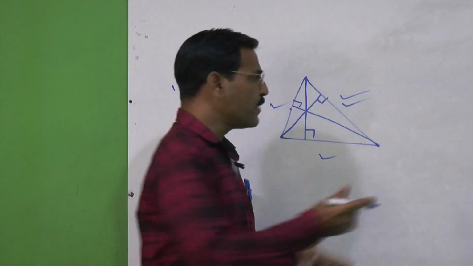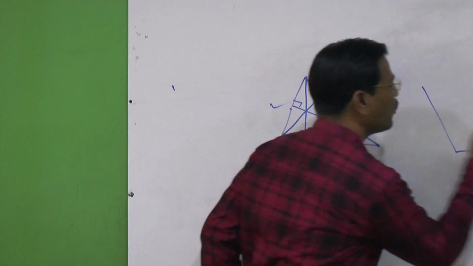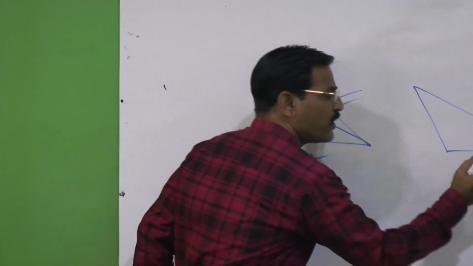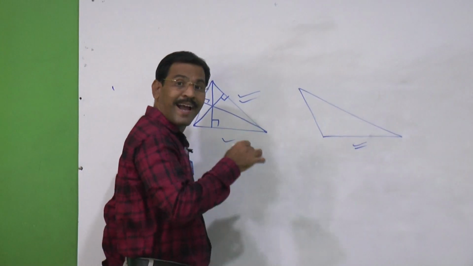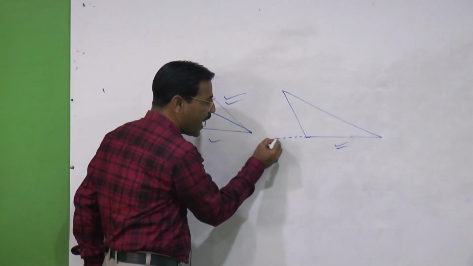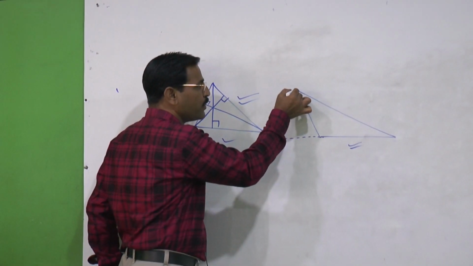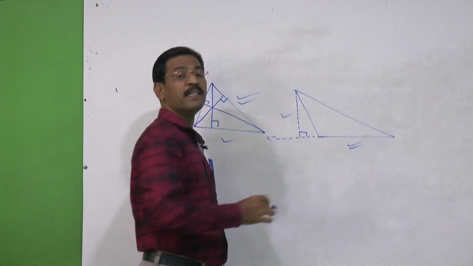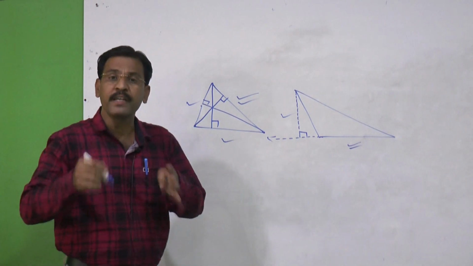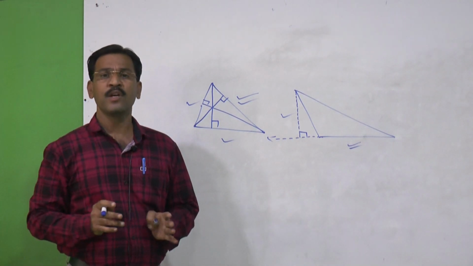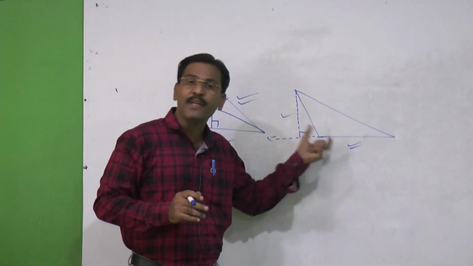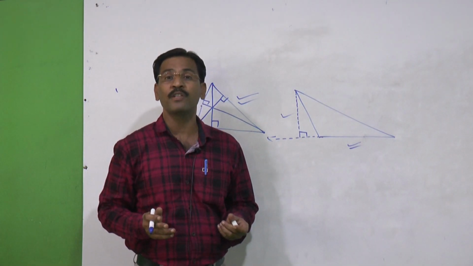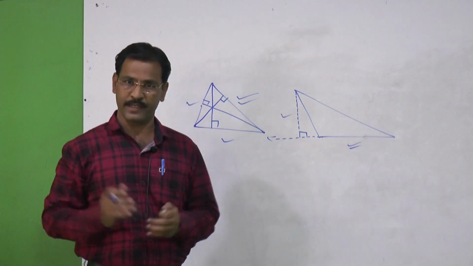Sometimes the triangle may be an obtuse angle triangle like this. At that time, if we take this as a base, then we have to extend this base, and afterwards from this point to here we have to draw one altitude. This one is the height. So here we need that part. Friends, whenever we take the area of this triangle, we know the formula for the area of a triangle is nothing but half into base into height.